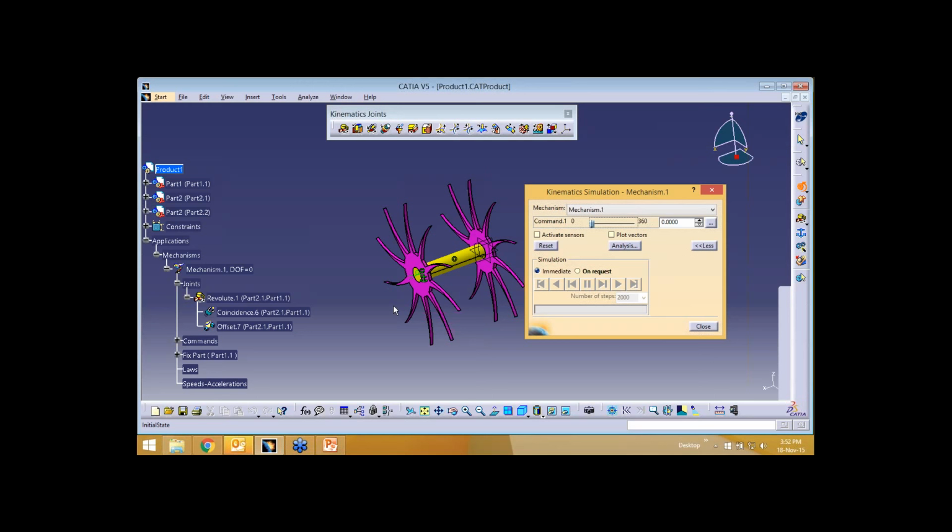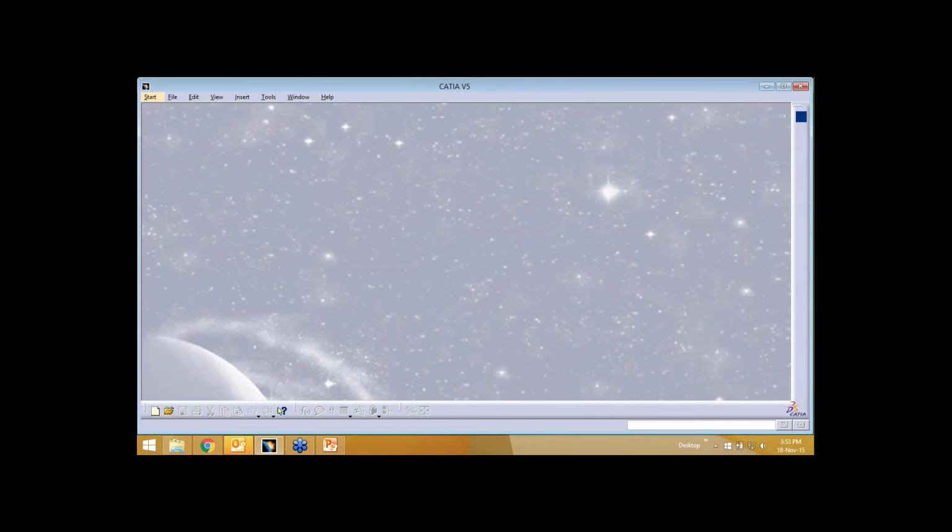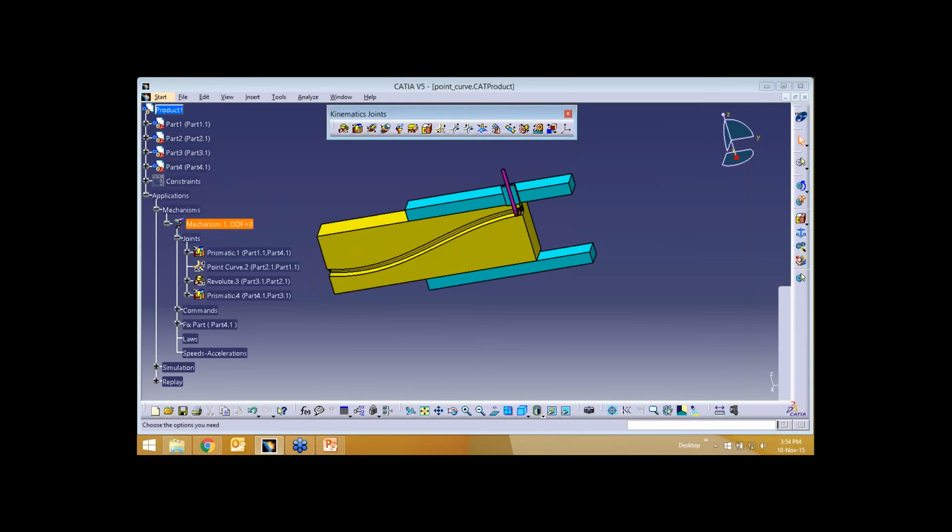So we'll see how to run this mechanism. I'm going to delete all the existing things, and I'll show you how to do that.